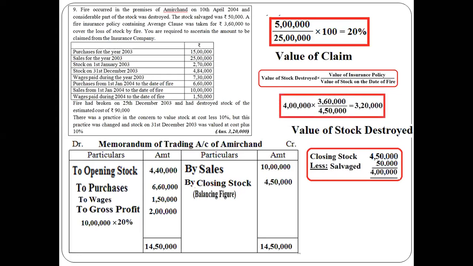You apply the formula: 4 lakhs into 3,60,000 divided by 4,50,000. Then the value of claim would be 3,20,000. Clear? So in this way, we need to calculate average clause problems. Right? So this is the most important